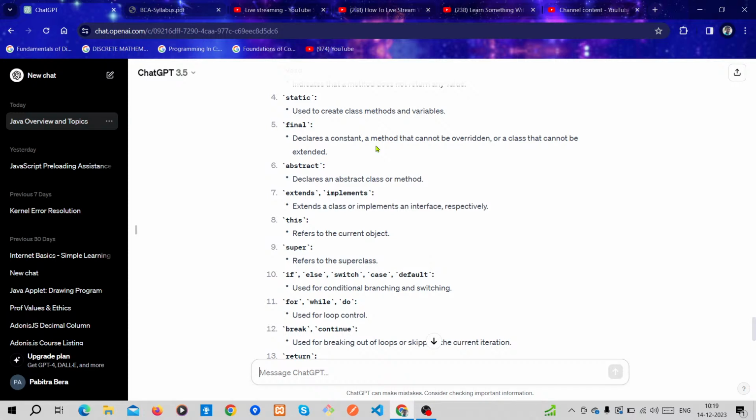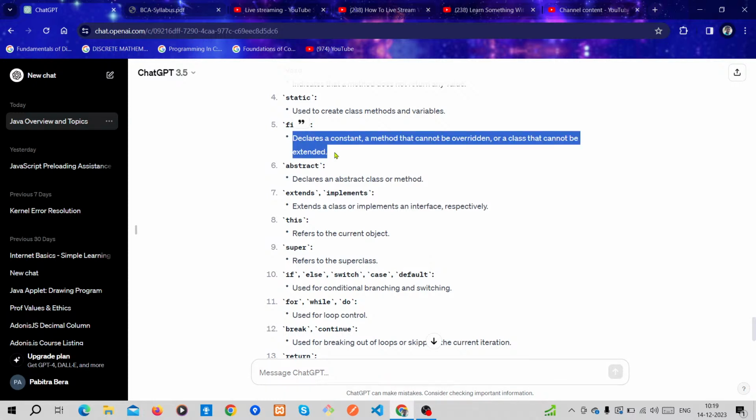Final keyword declares a constant, a method that cannot be overridden, or a class that cannot be extended. Okay, the final keyword is also important for the exam. It declares a constant, a method that cannot be overridden, or a class that cannot be extended.